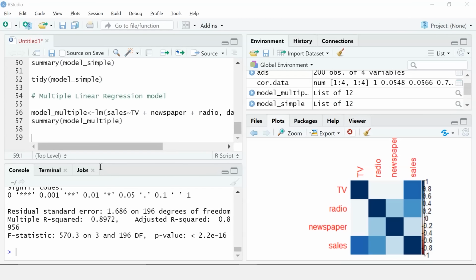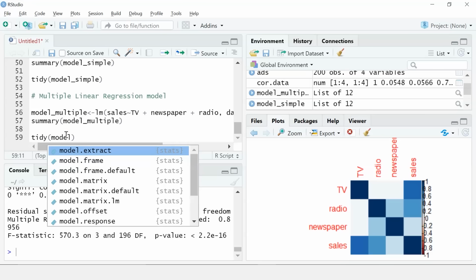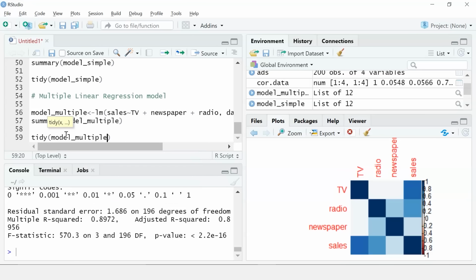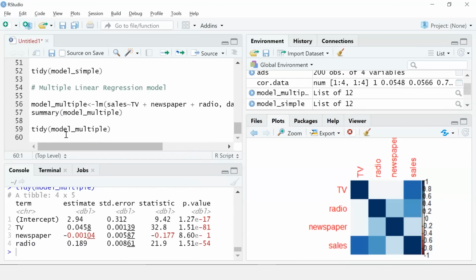Now you can also call the tidy function over this multiple linear regression model. So let me do that. I'll call tidy, and I'll pass in model underscore multiple. You can see it has given the output. Now you can also find the coefficients of the model using another method. It's called the coefficient matrix.